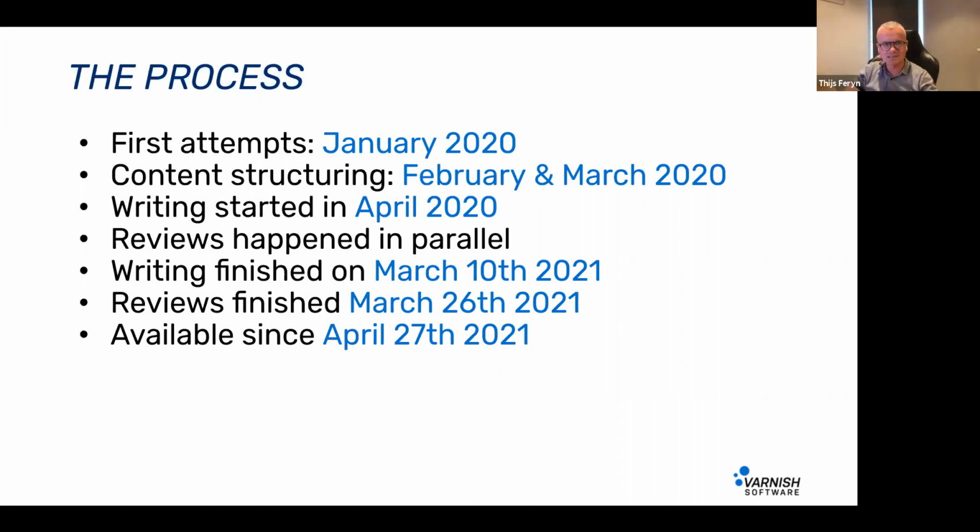Meanwhile, as you can see in the slides, reviews happened in parallel. So I took my entire book, divided into chapters, and every chapter had sections, and every section was like an issue in GitHub that needed moderation, needed reviewing. And in the end, it happened in parallel. And then we reviewed it all the way to April 26, 2021. And it has been available. If you haven't got it, you could still go to our website and sign up for it